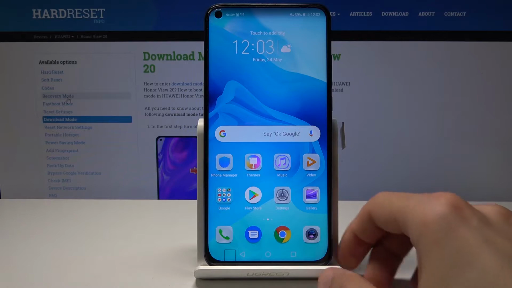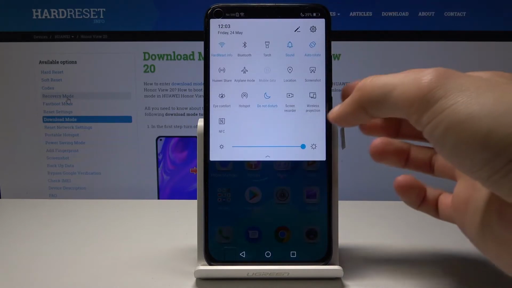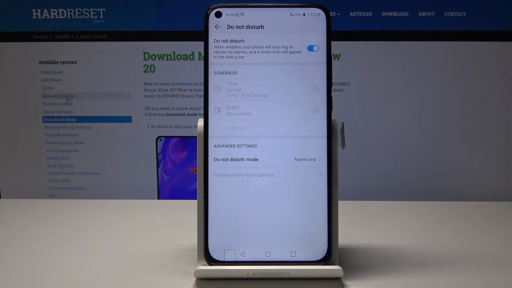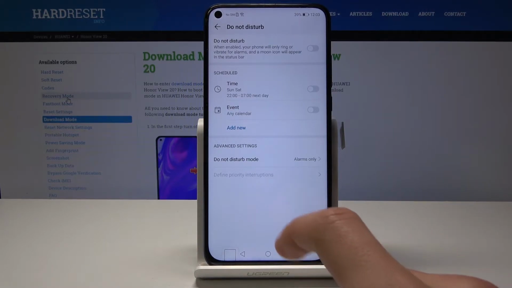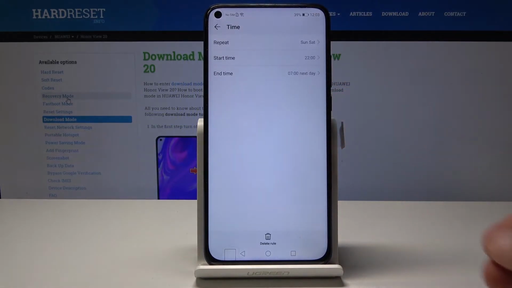when you tap on it, it will use the default settings of it, which also, if you hold it, it will take you straight to the settings. So I actually need to turn it off to change the settings. And from here you can change how it actually works, which will also affect how the default setting of it works. And as you can see, you have the time, so you can tap on the time and change when